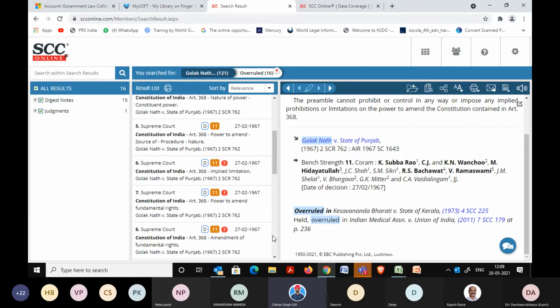Go through it. And let's take the example of Golaknath itself. Let's say, Mr. Rana, we told you that the upcoming moot court, the Golaknath case, is exactly on the same lines as the problem. Now, Golaknath is one case. There would be a possibility that this case would have been cited in the future